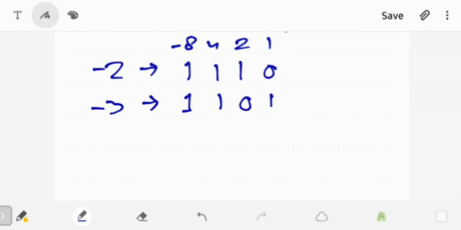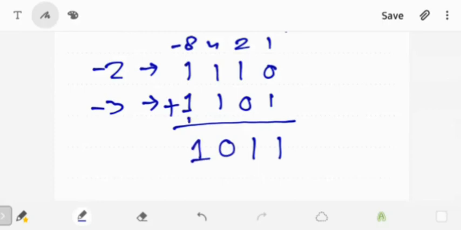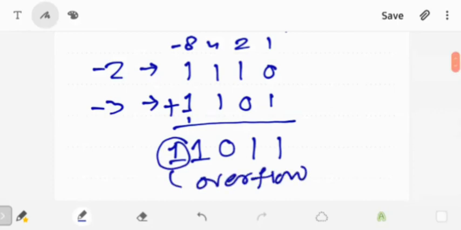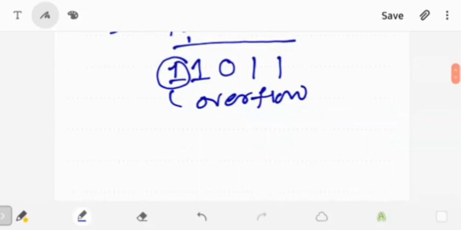These -2 and -3 happen to be negative numbers in decimal. So equivalent signed binary numbers are written in this way. Then if we go for taking the sum of these two, this is 0 plus 1 1, this is 1, this is 1 1 0, and a 1 over here. So this one, and you get one overflow here. So always remember, in signed bit